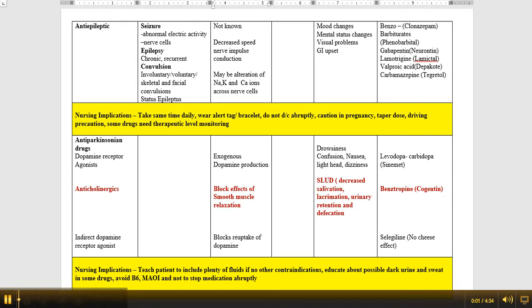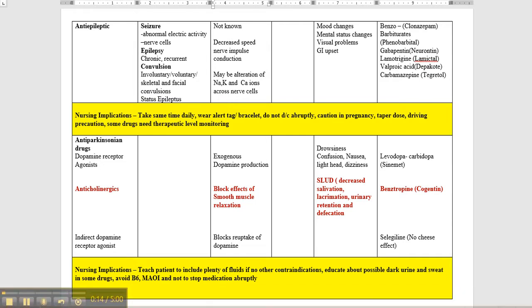This is part two of your CNS med table. In the last med table, we focused primarily on the barbiturates, the benzodiazepines, and the muscle relaxants, all of which act on the central nervous system to either create sedative, hypnotic properties or sometimes anesthesia, and in an overdose, they